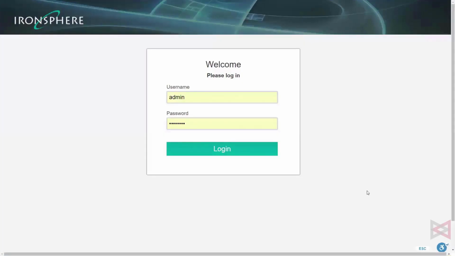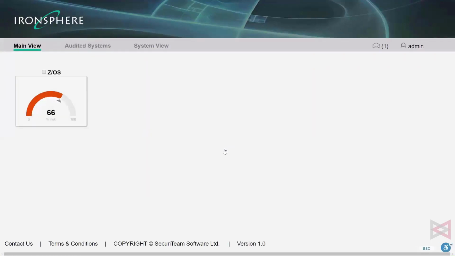This is the IronSphere logon screen. You have to specify user ID and password, and they will be checked against the Active Directory of your organization. But this is a prerequisite, and it's not enough, because you have to have a role in the system. Otherwise, you won't be able to log on and you won't be able to view any of the findings in the system. So when you specify user ID and password and click login, the system will show the main